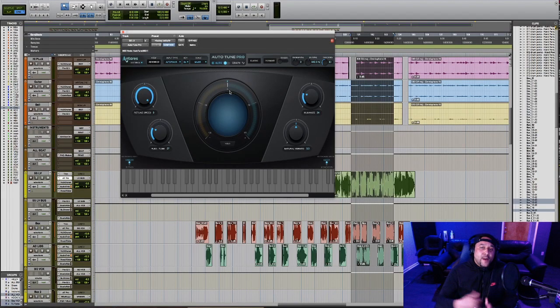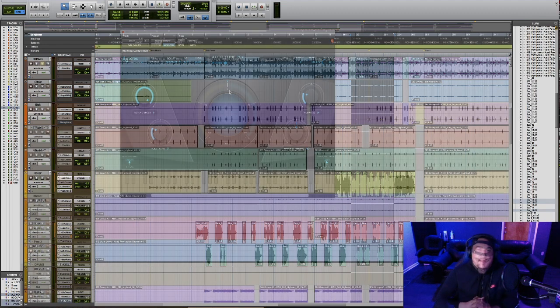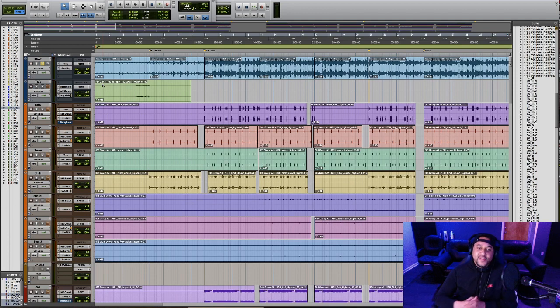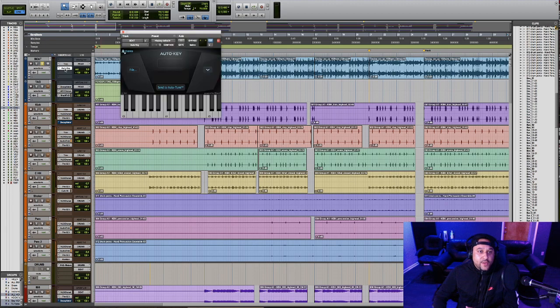Now, let's talk about my favorite feature of Autotune Pro, and that is the accessory plugin that comes with Autotune Pro called AutoKey. Now, what the AutoKey plugin does is it allows you to quickly find the key and scale of any instrumental that you have. So, for example, if I didn't know the key of this beat, I could quickly load the AutoKey plugin onto my instrumental track, play back the instrumental,